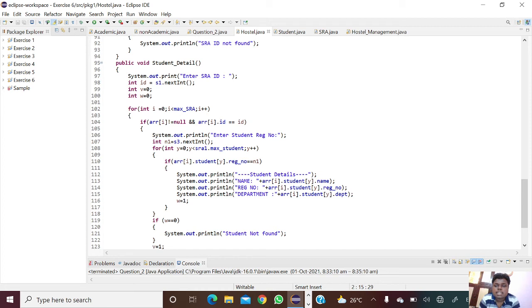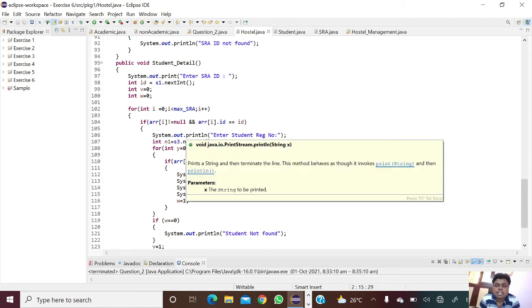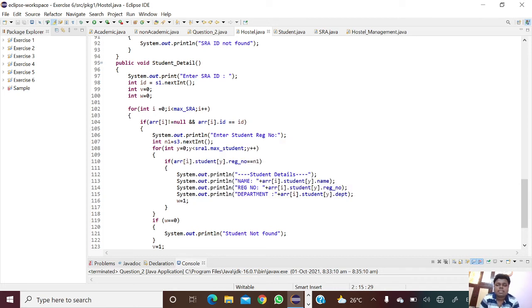Then we'll ask for the student list number and print it, so using int n1 equal to s3.nextInt. And using a for loop, for int y equal to 0 and y less than SRA1.maximumStudent, y plus plus.